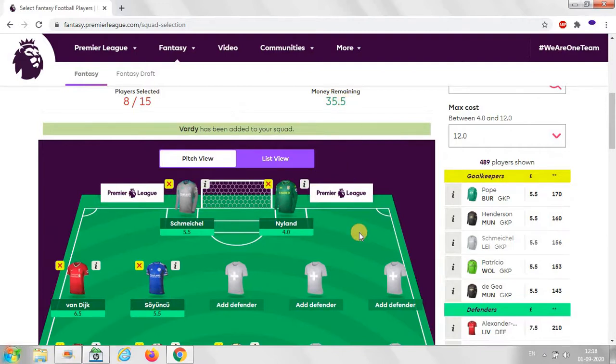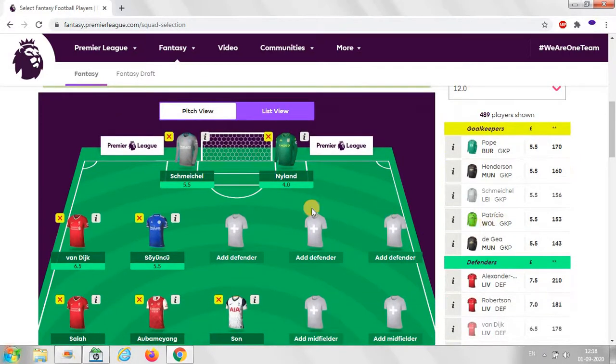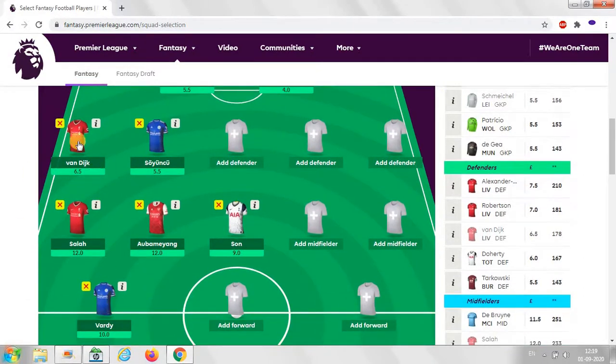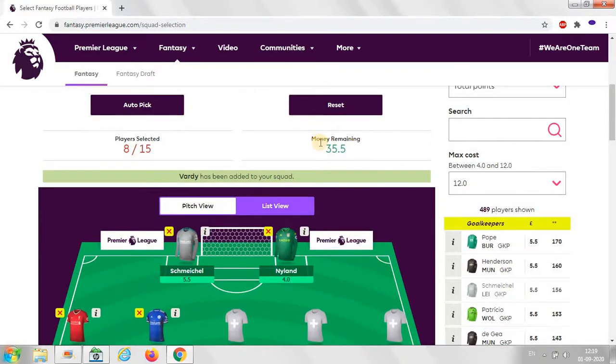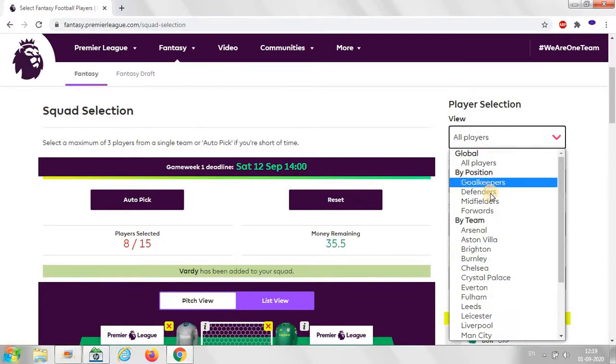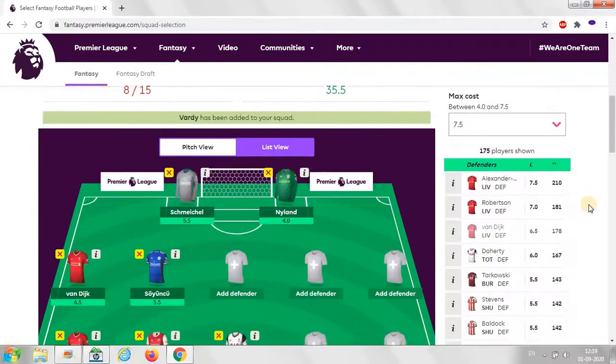After that you can select the others according to the remaining money you have. So first my preference is to select all the important people that I think will score, and then we can select the others with the money we have. Okay, so goalkeepers are done. Now we'll go for defenders.